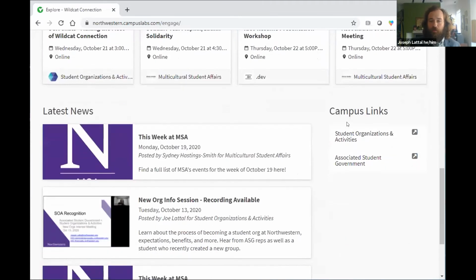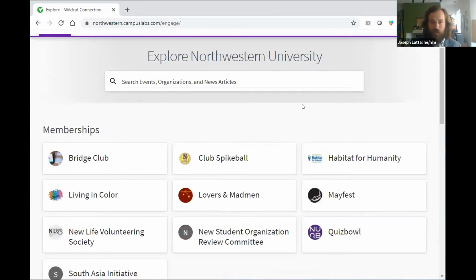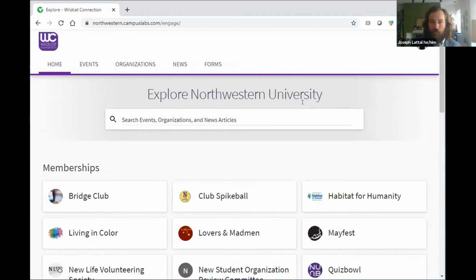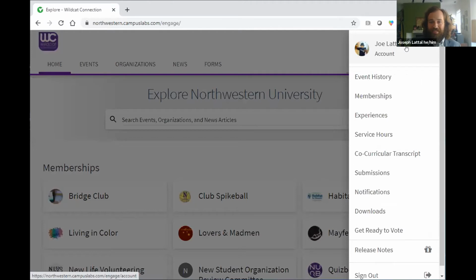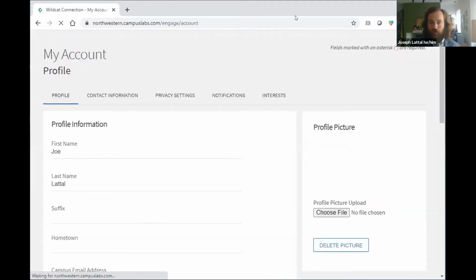And then similarly, news items or articles that you have access to view. So as I said, we are going to focus on the manage mode, but before I do that, I want to share where some of the personal user account settings are hidden. So up in the upper right corner of the screen, you may see a picture if you've uploaded one or just an initial. If you click that and select account,